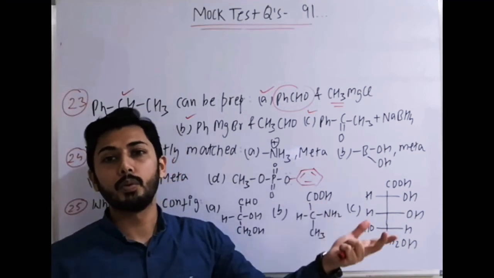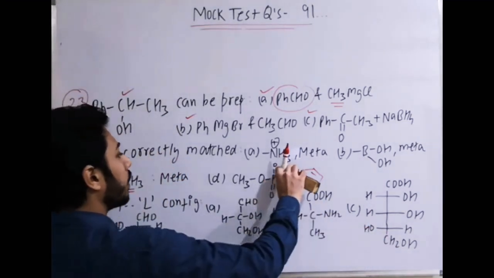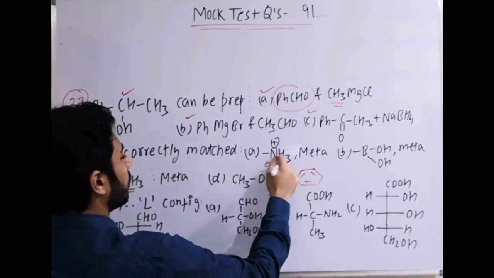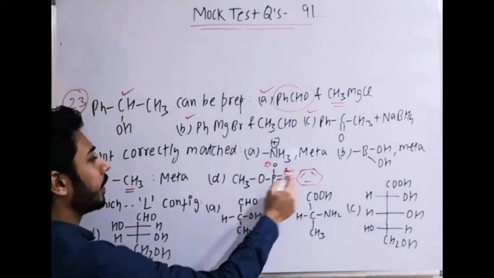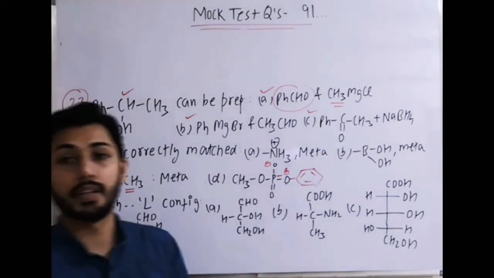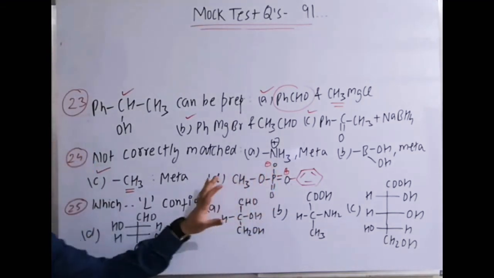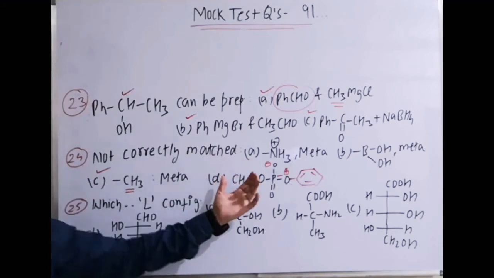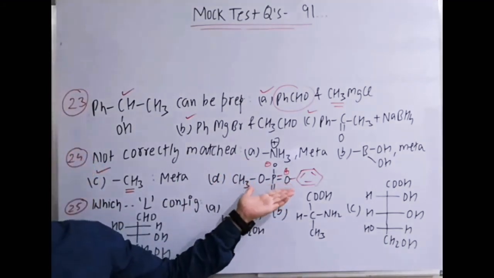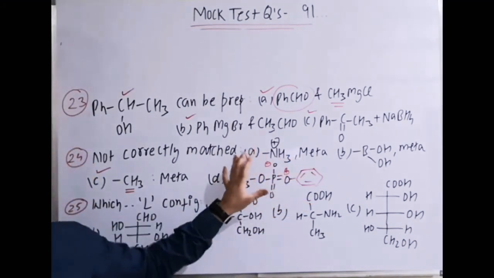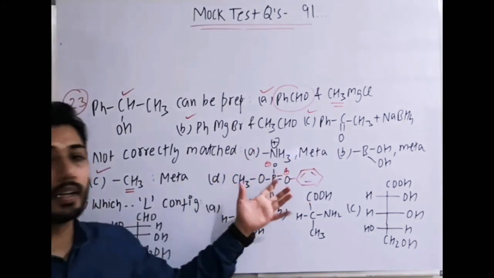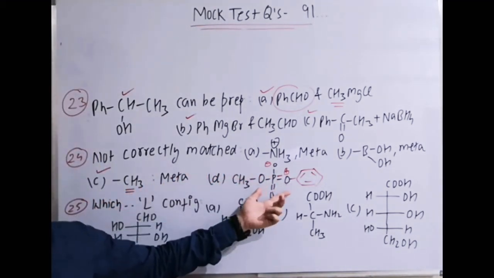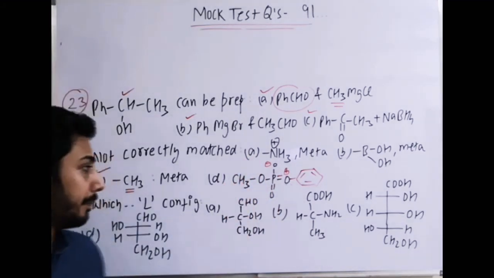Only that it exists in dipolar form. If it is like that, they have shown that due to resonance delocalization, there is plus here and minus there. That is the way it is written and explained as a meta directing group. So among these four, due to the clear-cut answer which is CH3, we can take this. Otherwise it should also be ortho para directing, and we never use this group in reactions, such data I have not seen. So maybe because one answer is clearly there, we can go by the reason given that it exists in dipolar form.